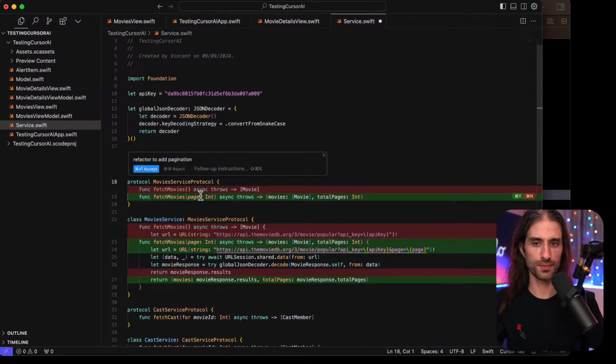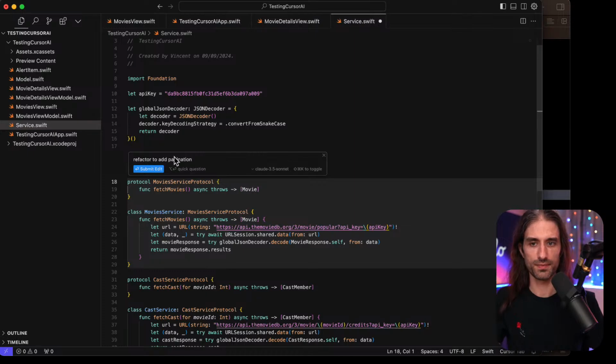So it's got the notion of a page correctly. All right. Now I'm going to reject it because I want to try and make the change in one go.